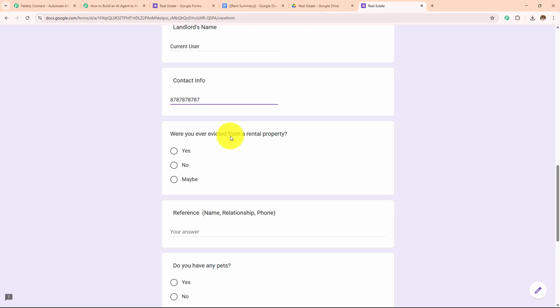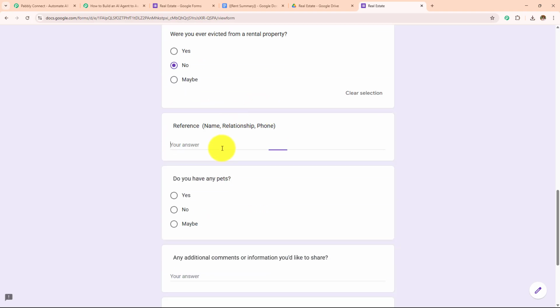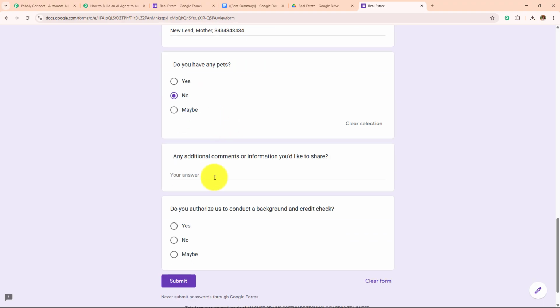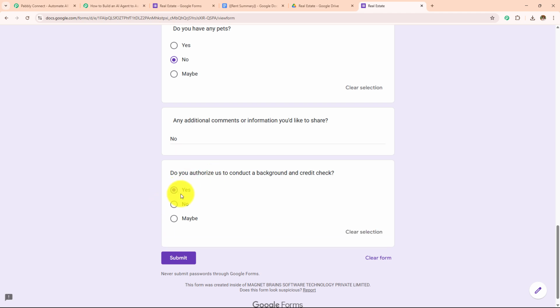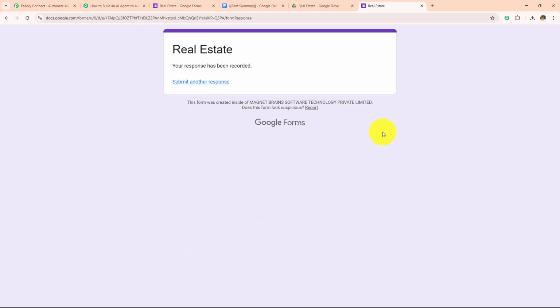Were you evicted from the rental property? I'm going to select this as no. The reference is mother. I'm going to enter the name of the mother and then the phone number. And do you have any pets? No. Any additional comments? No. And do you authorize us to conduct a background and credit check? Yes. I'm going to submit this form, and you will see that as soon as I have submitted this form,